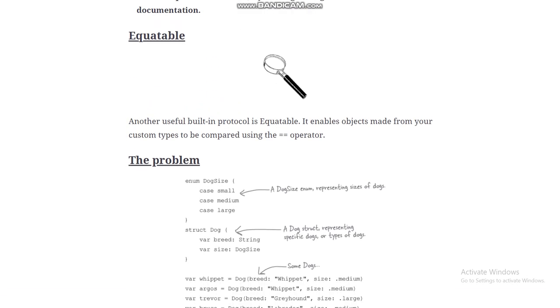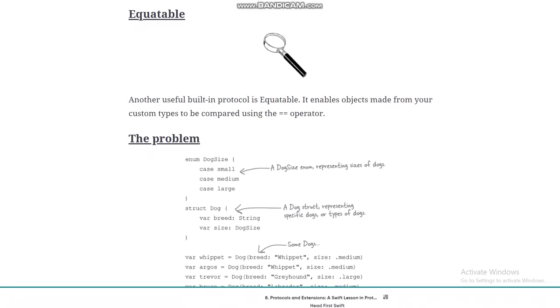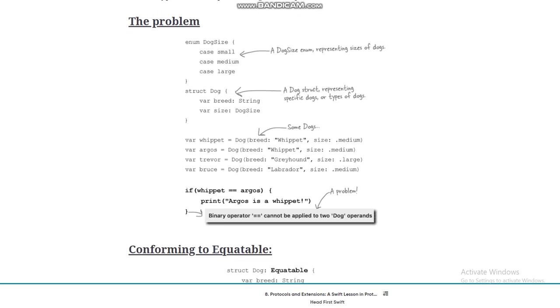So let's continue by talking about Equatable. Equatable, do you remember when we use equals two times? Equatable is very similar to it. We have some enums and values, and we can use it just to compare two values. Suppose that we have two kinds of values and two